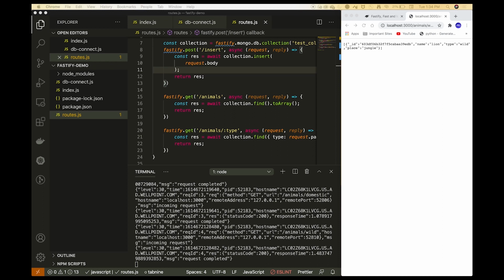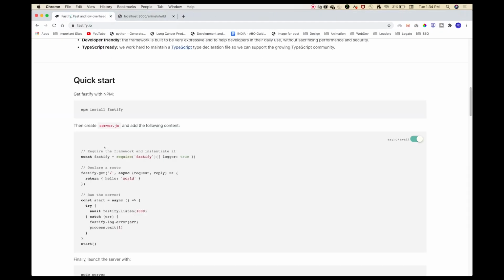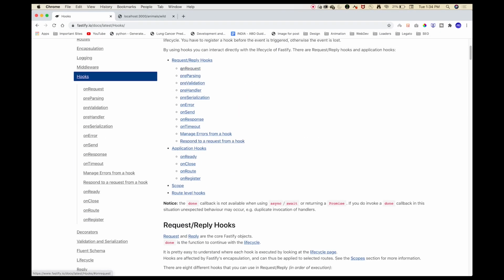There are different kinds of hooks available in Fastify. You can go to the Fastify website, click on hooks and you will find different kinds of hooks like on request, pre-parsing, on error, on send, on response, on timeout, and so on.